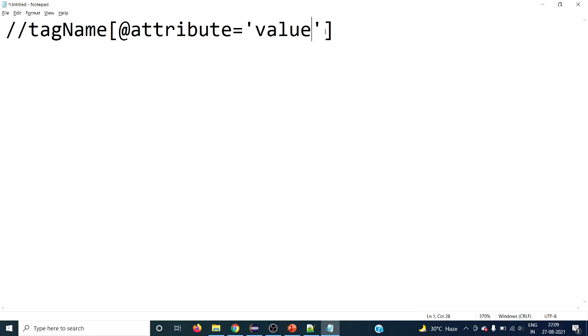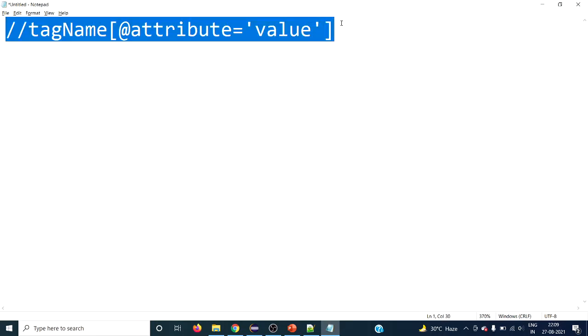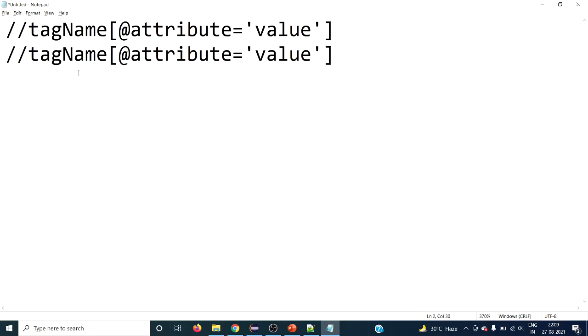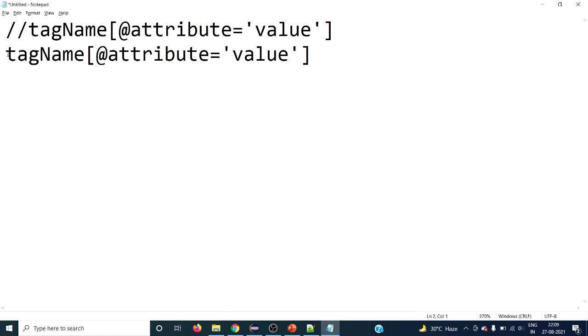So this is how we usually use it in XPath. But if it comes to CSS selector, how can we use it? Let's copy and refactor this according to CSS selector. We don't have to use the double forward slash, and we don't have to use the at sign. The rest stays the same. That's all.